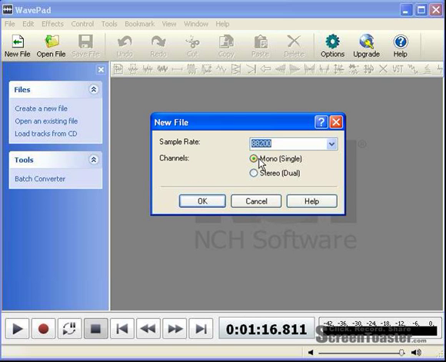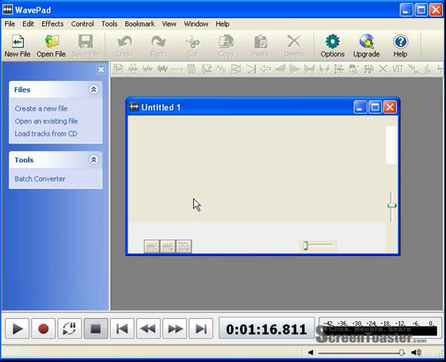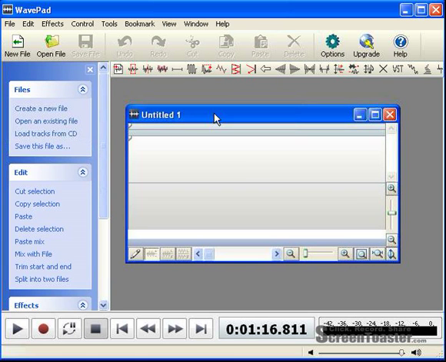For the channels, there are two choices. You can choose mono, which is single input, or stereo, which is dual input. To make it simple, for the first class we are going to choose mono, or a single input. Just press OK, and now we will have a box with the Untitled 1 file